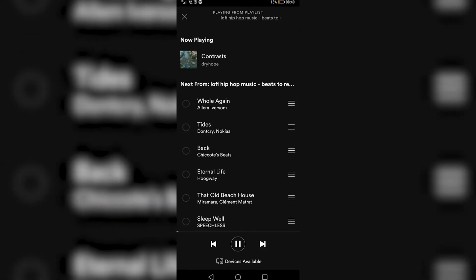So there's no actual way to select all of them at once. So you'll just have to do it one by one. But that is how you would delete your queue on the